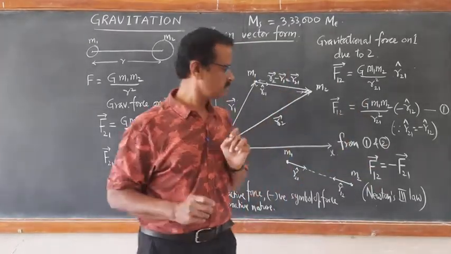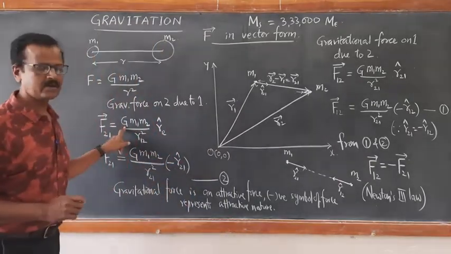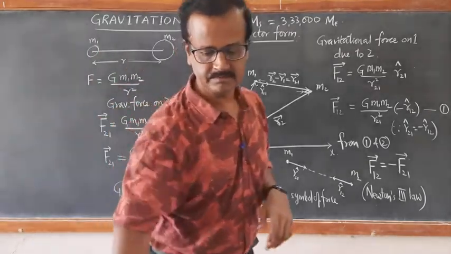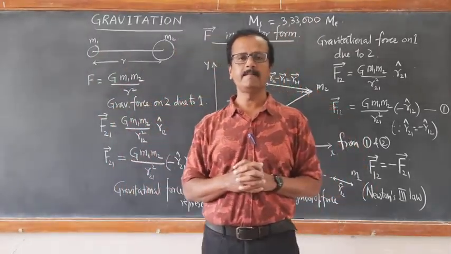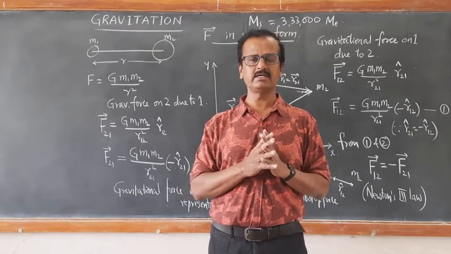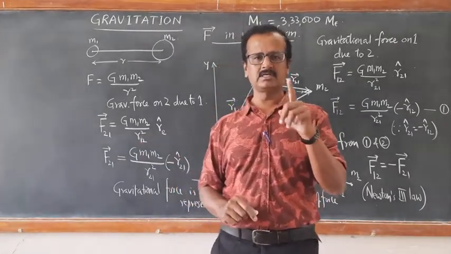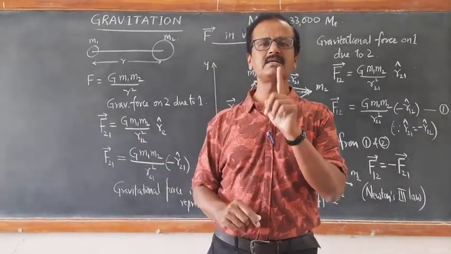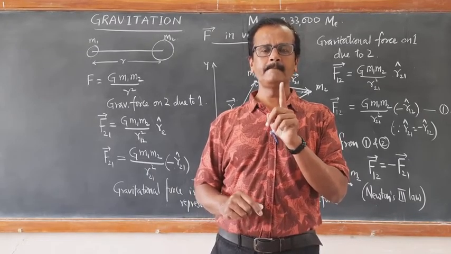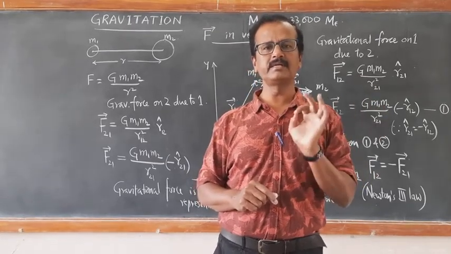Please understand this. Okay. Next, we will discuss this constant, the gravitational constant, which is called the universal gravitational constant. Its value was found out by Henry Cavendish. Remember this. Henry Cavendish is a great scientist who found out this value of G: 6.67 into 10 to the power of minus 11 Newton meter square per kg square.